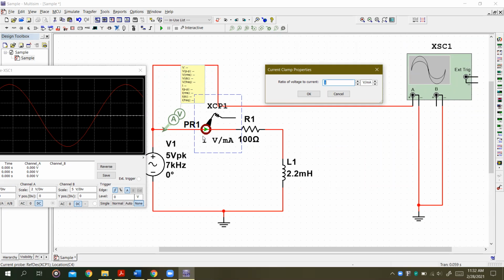It converts a current into a voltage output. So what does that mean? Imagine that there is a 1 milliampere current going through this part. This probe will output a voltage of 1 volt. So if we have 2 milliamperes, it will output 2 volts. So for now, we'll leave it at this default value